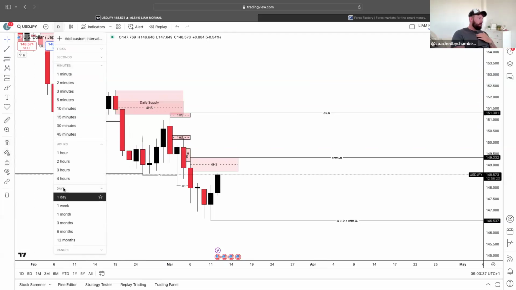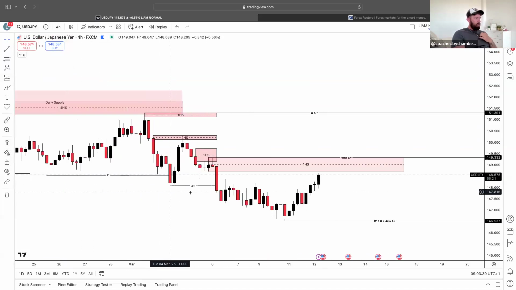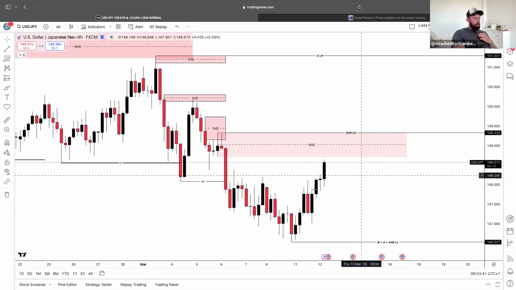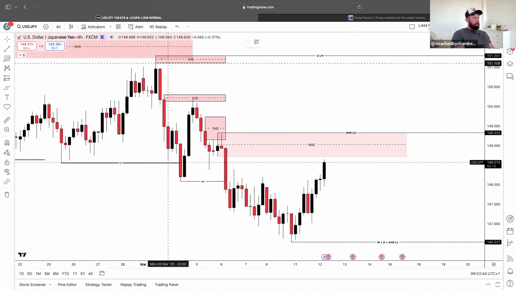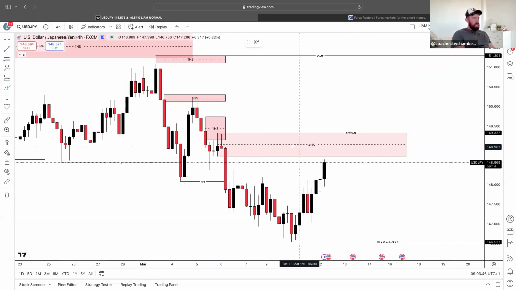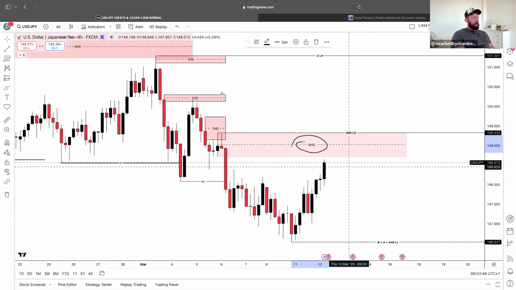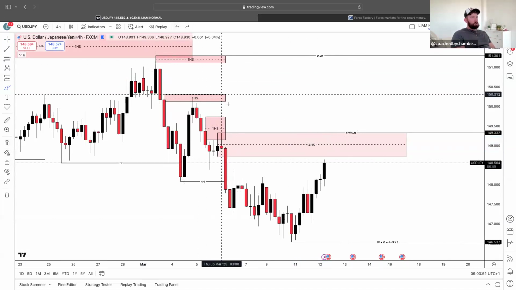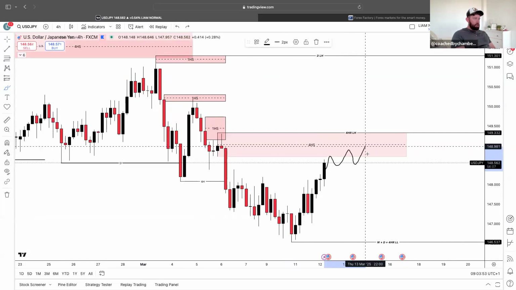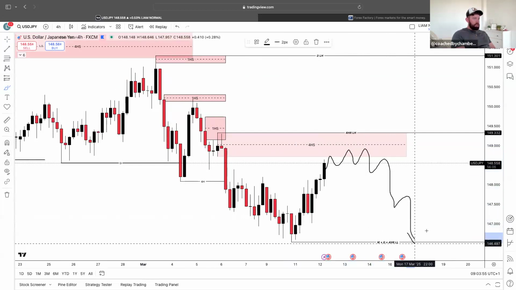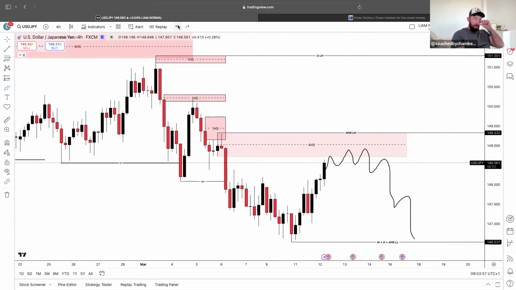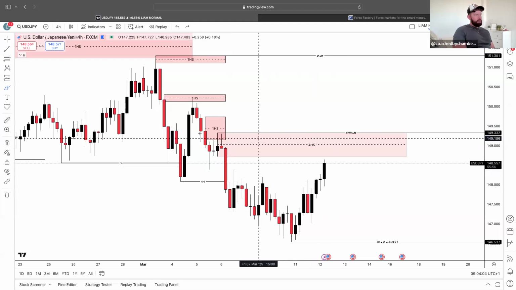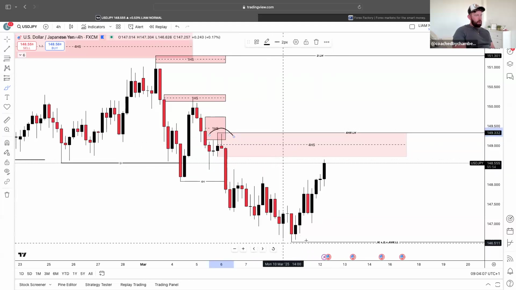So if I just go to the 4-hour, you'll be able to notice that we've had clean 1-hour supplies, which we've mitigated. Now this is our fresh 4-hour supply area. So for me, from a structural technical standpoint, we expect the market to just carry on downwards from here. And that'll be my preferred prediction, if you want to say. Obviously, we've got our 4-hour lower high and our 4-hour lower low. So yeah, man, keep an eye out on that.